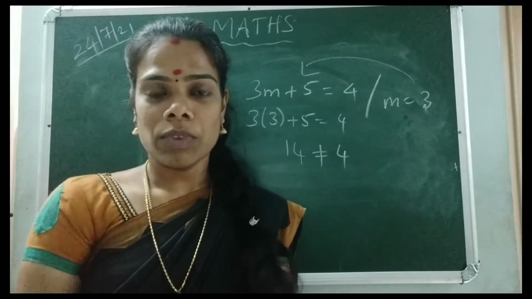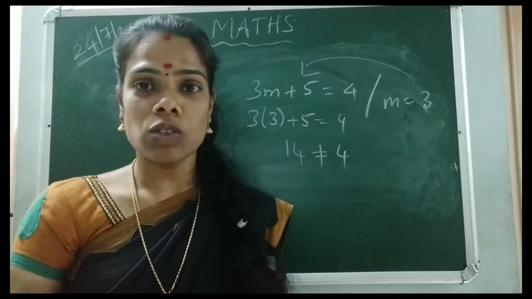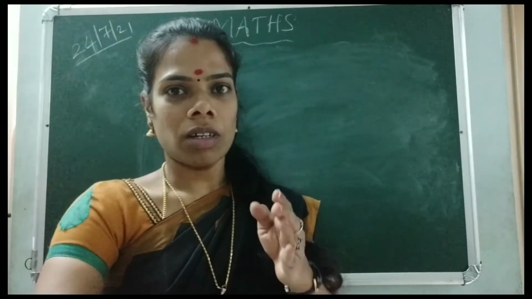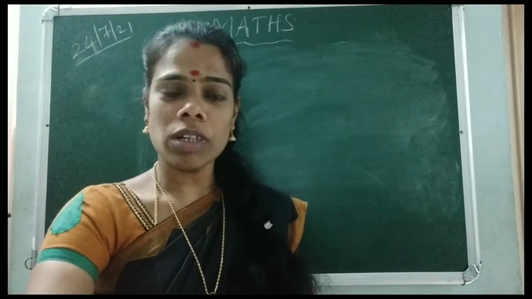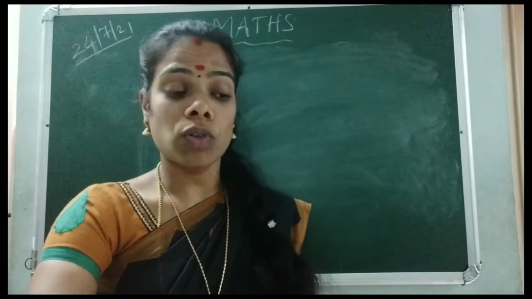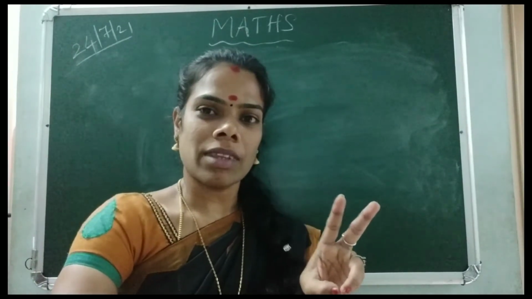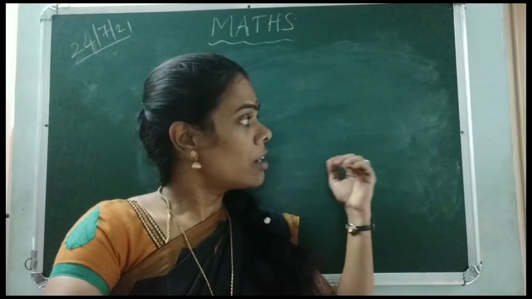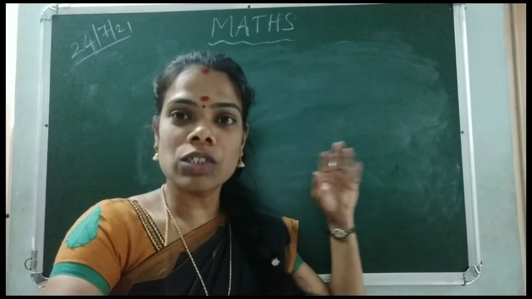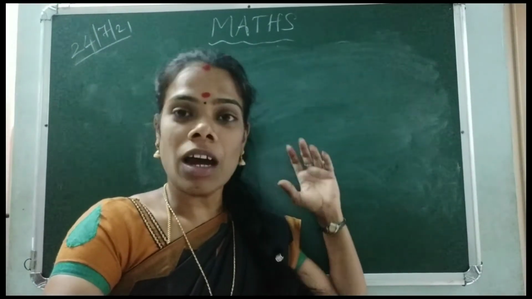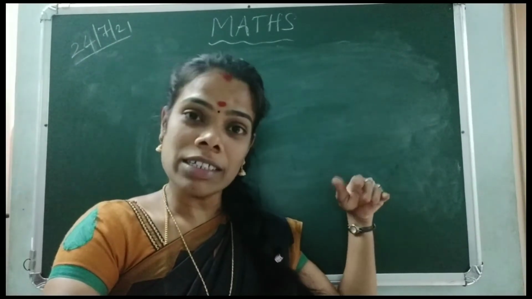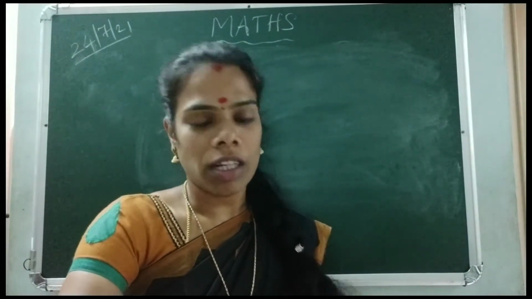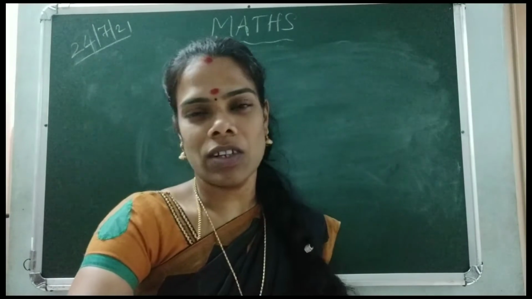So this is the simple equation introduction. Next we are going to learn how to solve a simple equation. Two points you have to remember. If you take any expression, the plus symbol, when you move it to the right side, changes: plus becomes minus. And if multiplication goes to the right side, it converts into division. So you change to the opposite sign. Remember that alone, then you can solve any simple equation very easily.